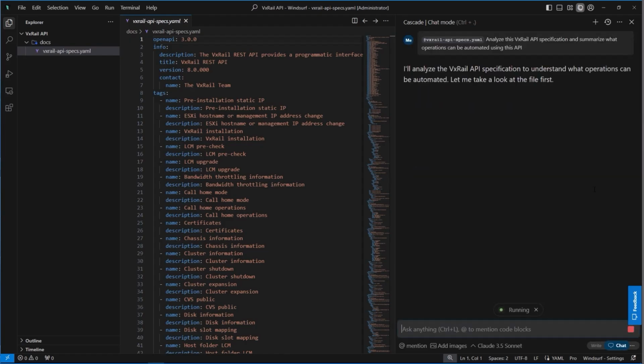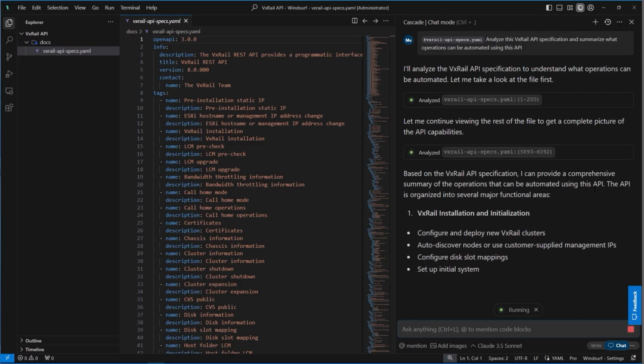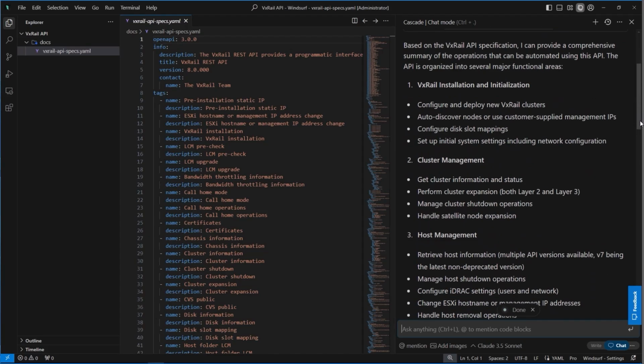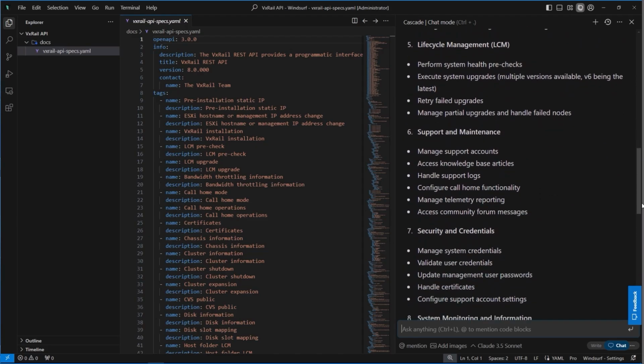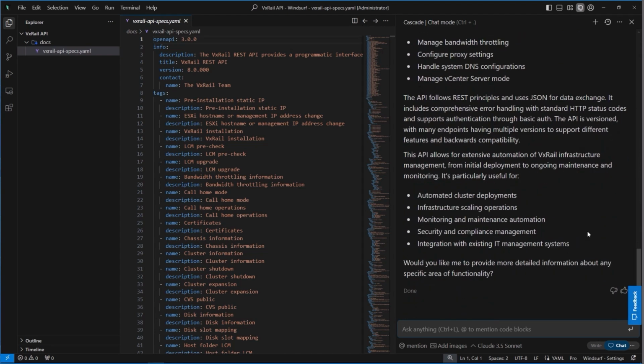I will switch mode from write to chat to prevent the generation of new files or execution of operations, focusing solely on conversation at this stage. As you can see, the response is pretty accurate, although some interpretations may lack precision. Nonetheless, the output quality is sufficiently robust for leveraging LLMs for educational purposes and exploring the capabilities of the VxRail API. You can use Cascade with the API specification as a knowledgeable tutor ready to patiently address all your questions about the API and explore the details as deeply as required.